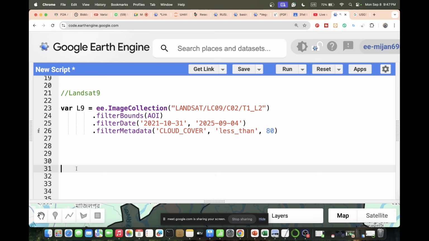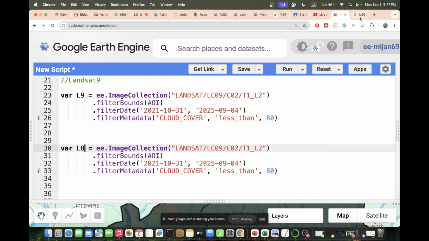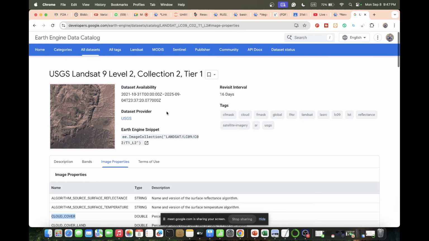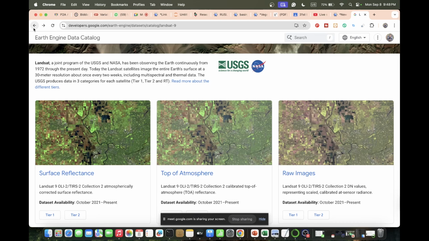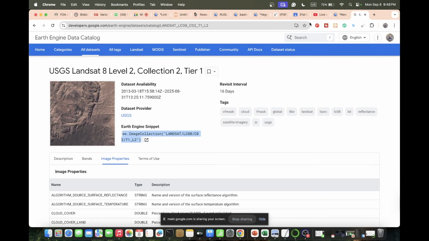Suppose now I create the collection for Landsat 8. So just change it, suppose L8, and I call the Landsat 8 image collection. So just click on here, go back, and go to the Landsat 8. Click on the Landsat 8, and if you click on the surface reflectance for the Landsat 8, just copy the snippet ID of the Landsat 8 and paste